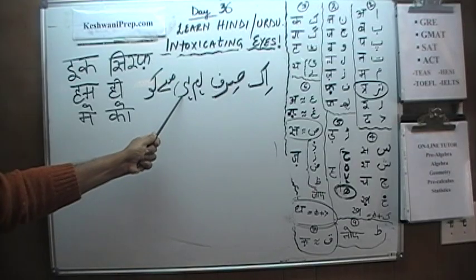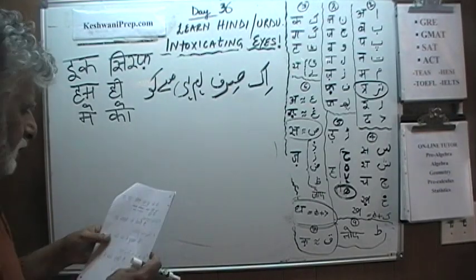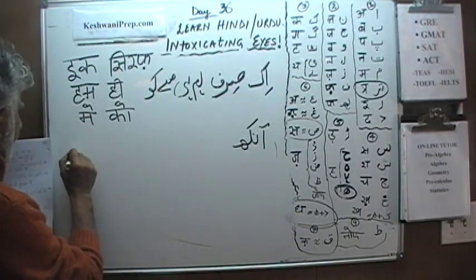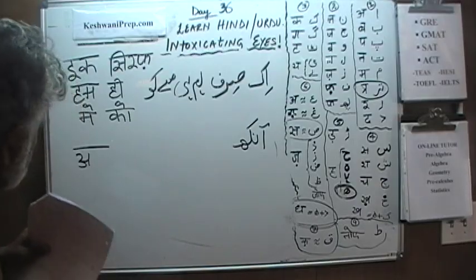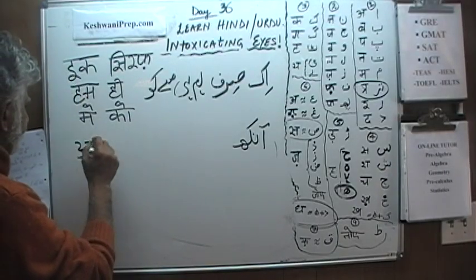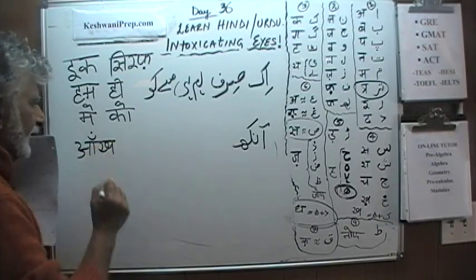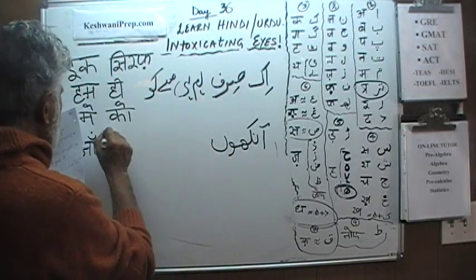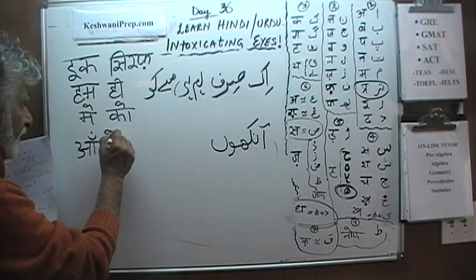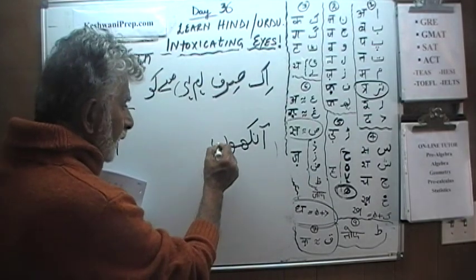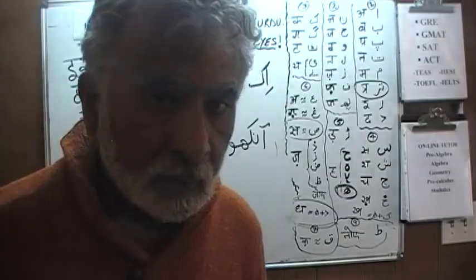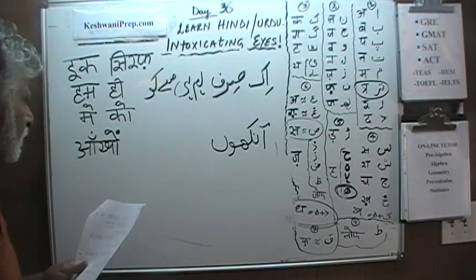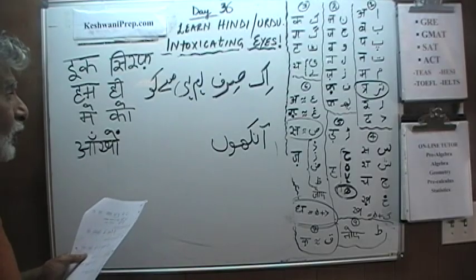इस एक सिर्फ हम ही me को. This word we already learned. Aankh. We have already learned it before. We don't need aankh, we need the plural. Aankho. And to make sure that the person understands this is pronounced with a nasal sound, if you put a dot, it'll be read differently. So you just put a noon without the dot, and it's called nun gunna. We have learned it before already. Aankho. एक सिर्फ हम ही मैं को आँखों से